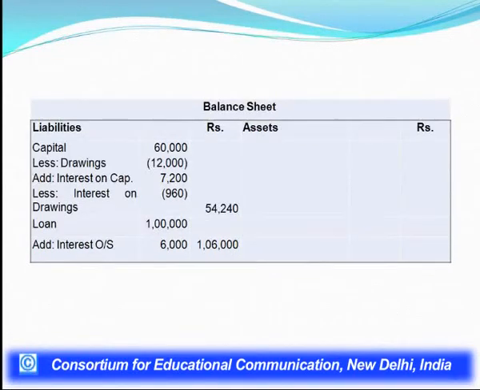In the balance sheet, we show the capital 60,000 given, less drawings, because drawings are deducted from capital. Then interest on capital allowed is to be added to the capital, so add interest on capital 7,200. And interest on drawings is to be deducted, so less interest on drawings. So after putting all these three items, we find